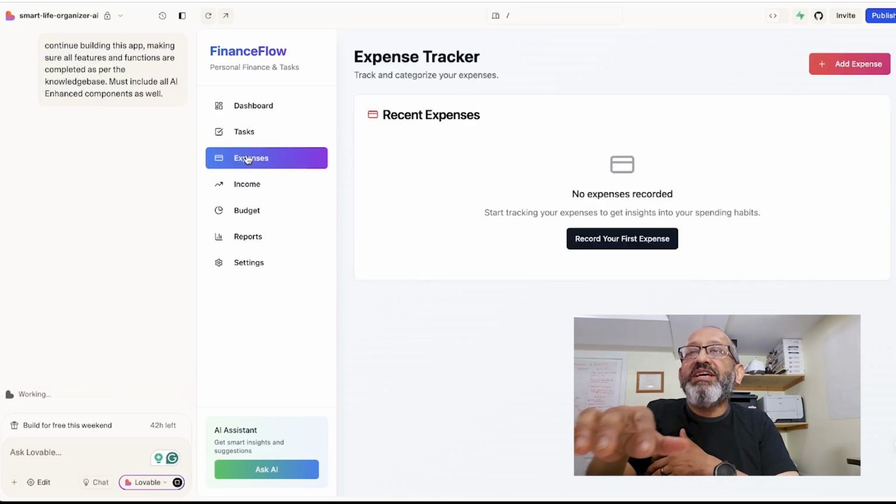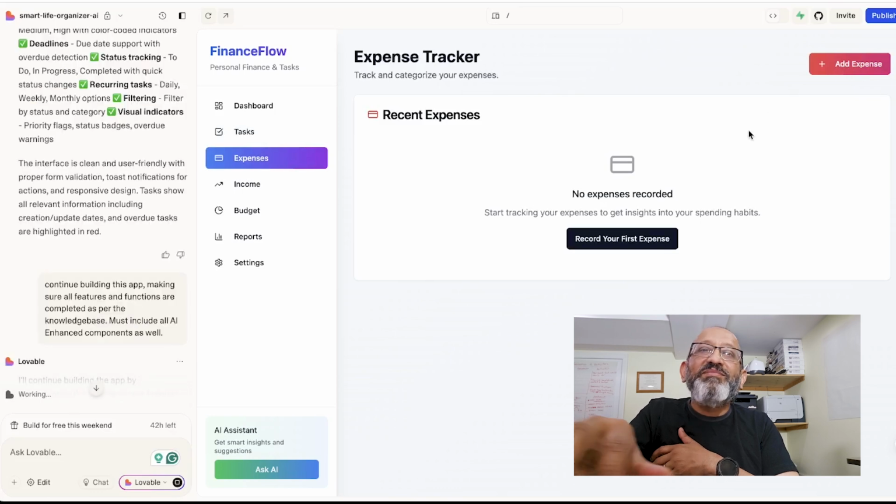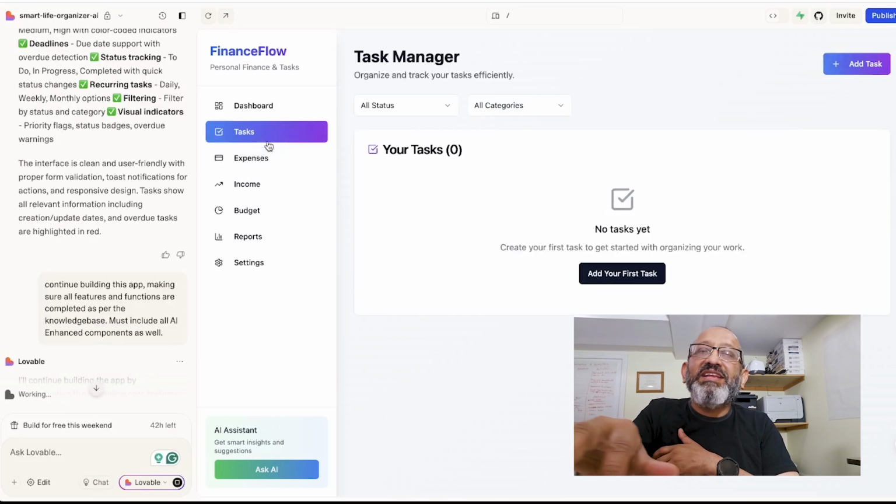See, it didn't do anything in the expenses. I can do add expense, it will not work, but because of the fact the way that I did task, it didn't work before, I can start adding tasks and you can see all the status, boom, all of those things can be done. Hopefully you guys are ready to build.